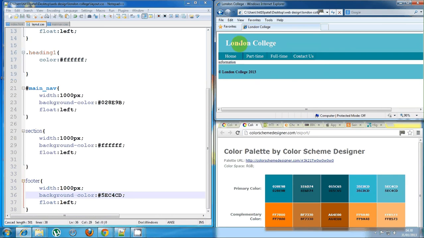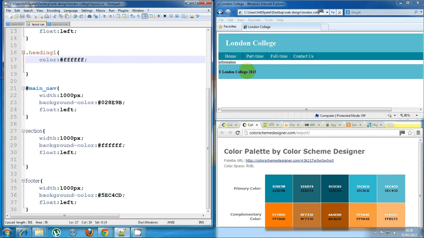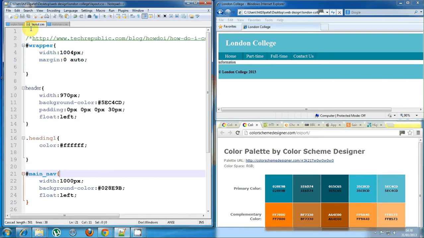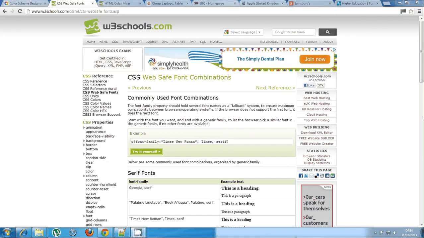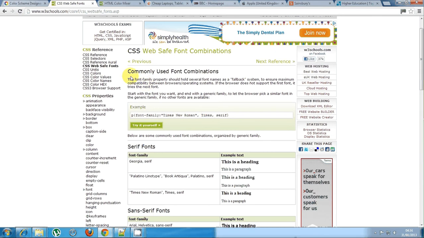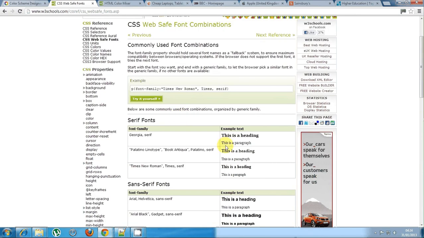Okay. And one more thing we need to do is look at the font we're going to use. Okay. Never leave your font as Times New Roman. So we need to bring in another tag which is going to link to the fonts. Okay, before we start looking at the fonts, you need to understand two things. Okay, web safe fonts to be used. What it's trying to say is not to use fonts which has got